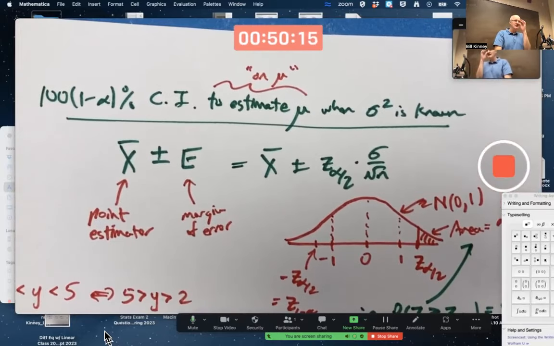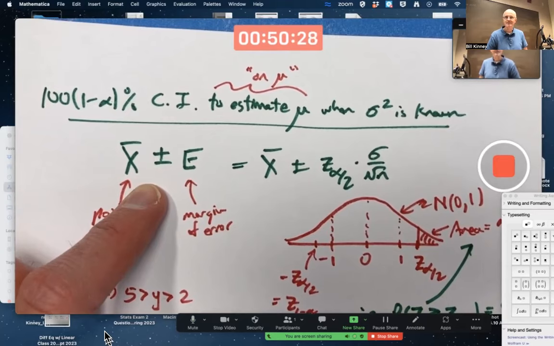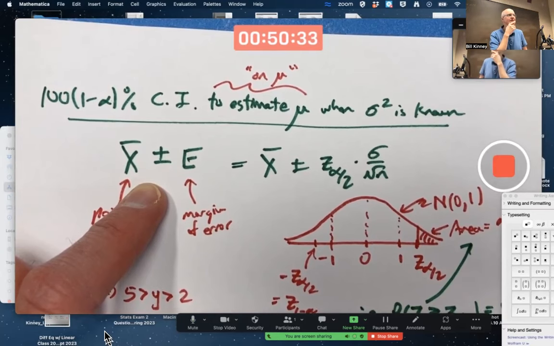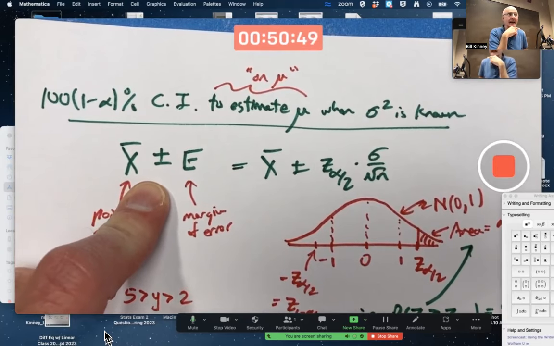Okay, here I go again. Don't ever think that when you compute one of these intervals, that for sure mu is in there. Don't ever think that. What else? I was going to say something else, but now I'm forgetting what the other don't ever think is. Don't ever think that it contains, if it's a 95% interval, 95% of the data. No, it doesn't.